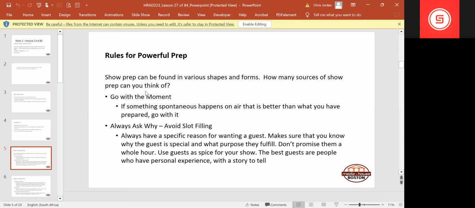and I'm saying write it and then let it go once it's done, right? So definitely the whole thing of presence within the word presenter, present. We keep saying this to you, and I've said it to you as well. It's really important for you to do your job in many, if not all, aspects of you being on air. Always ask why. So avoid slot filling. Why am I going on air?